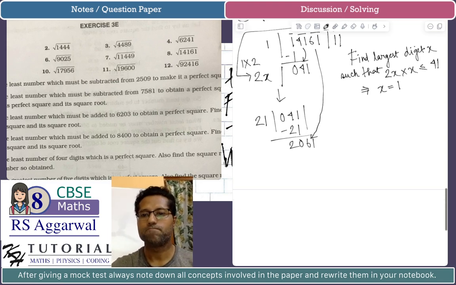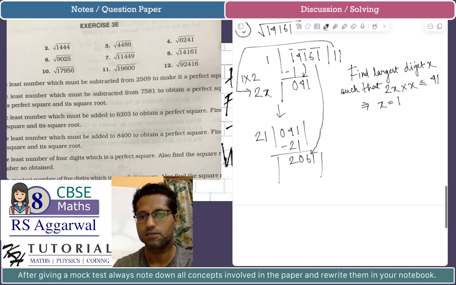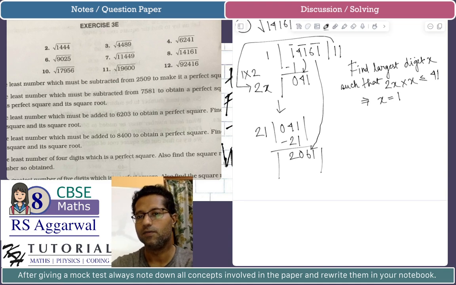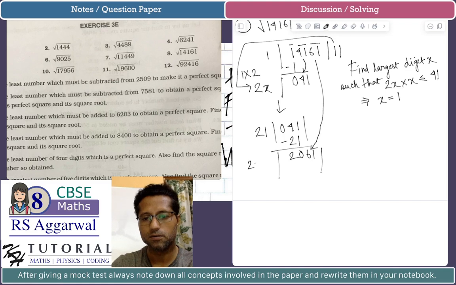And now, what will be the partial divisor? The next partial divisor will be 11. We have the current quotient as 11 multiplied by 2, that is 22. And now we have to find a digit x over here such that, again,